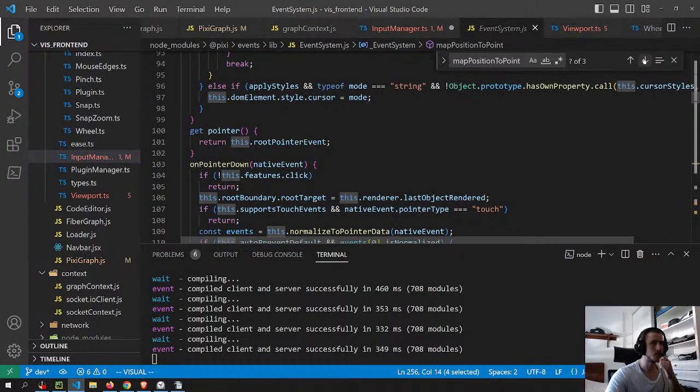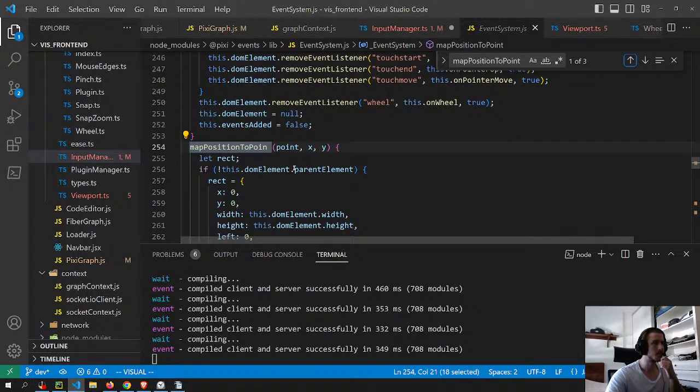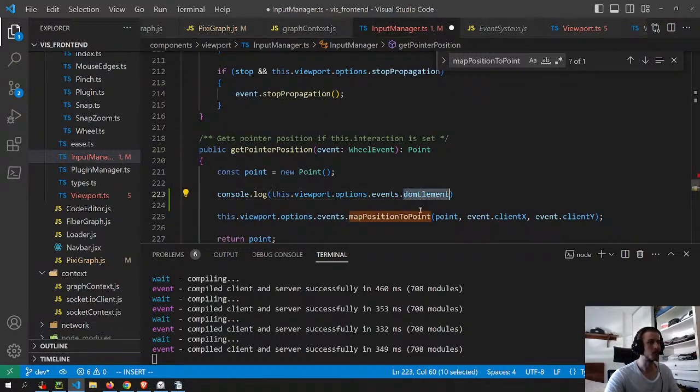Let's see. It's probably the current element, which is the canvas. Oh, maybe it's because I'm using